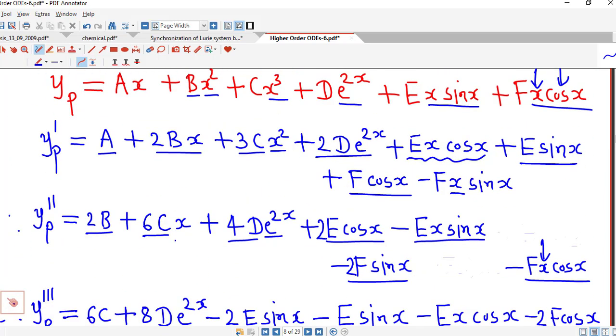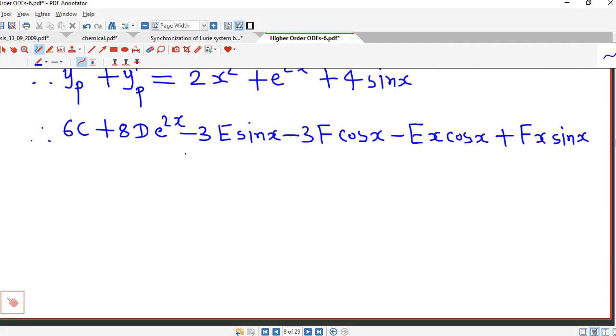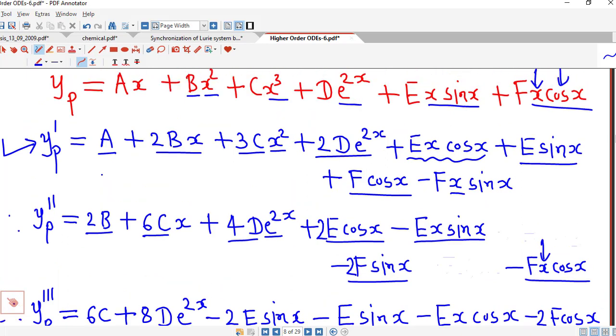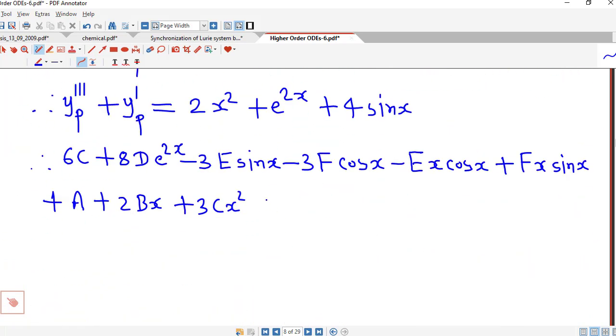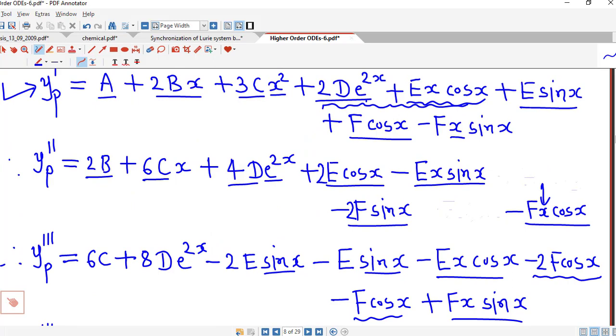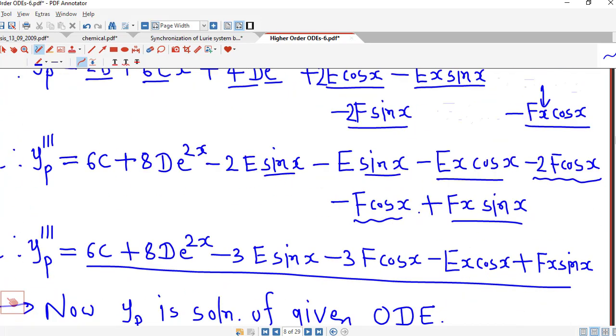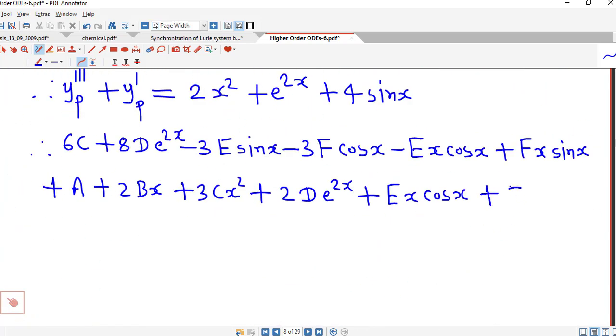So yp dash is, we substitute this, a plus 2bx plus 3cx square, 2d e raised to 2x plus ex cos x, then e sin x plus f cos x,